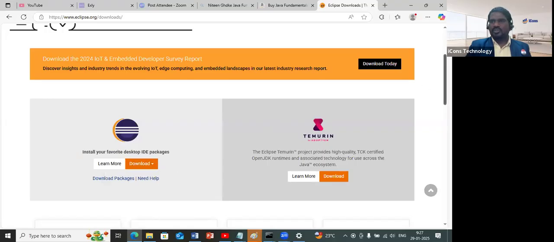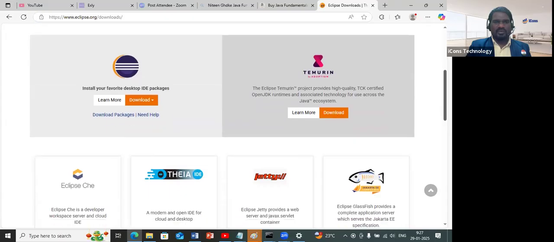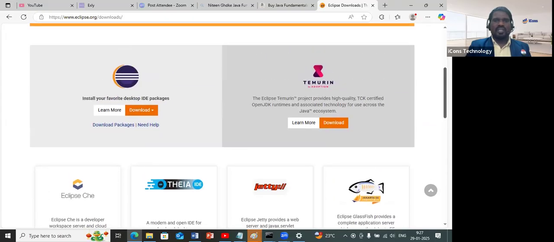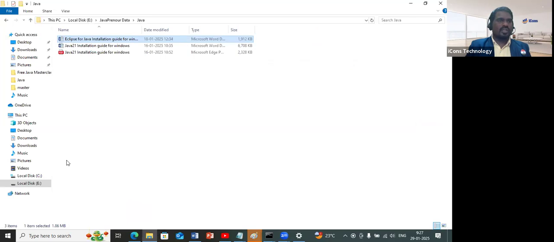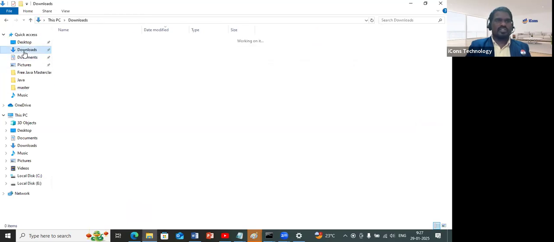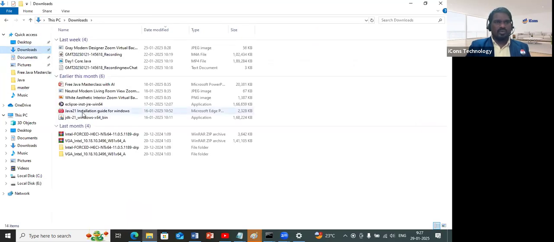Okay, and as you click on that, it will start the downloading. So you can locate that in your download section. I think I have not moved that one. You can see Eclipse installer JRE Windows 64, which I have already downloaded. So you only have to double click on that. As you double click on that,